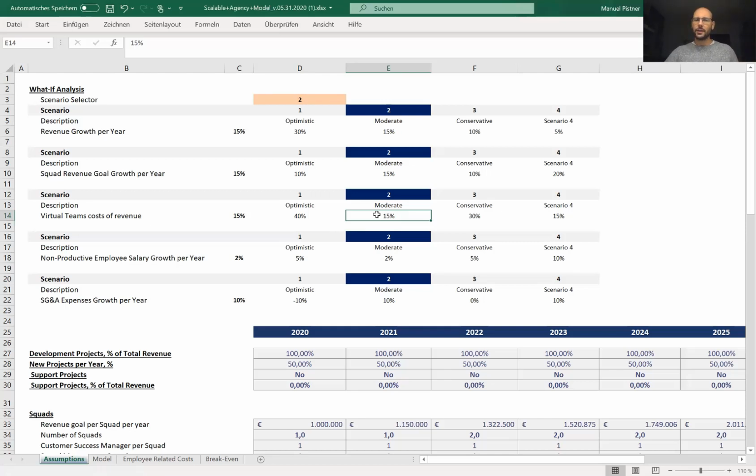So you should calculate, or before you calculate, you should simulate with these different scenarios here how profitable you need to be per project, basically, and how much money, how much percentage of your revenue you can spend for hiring freelancers. So the next thing is